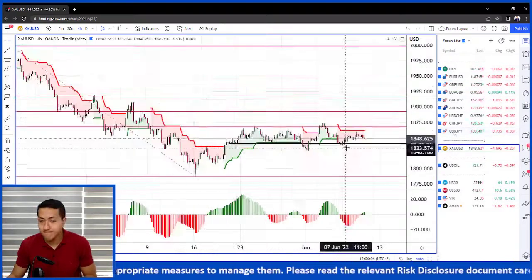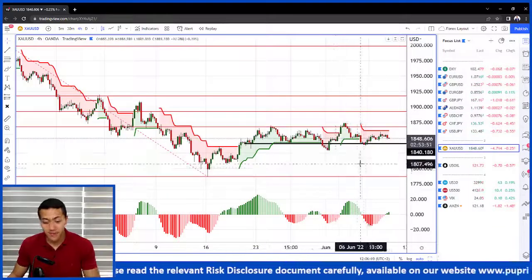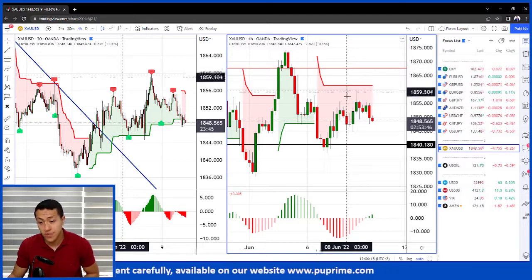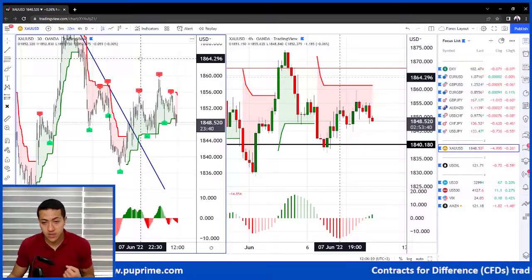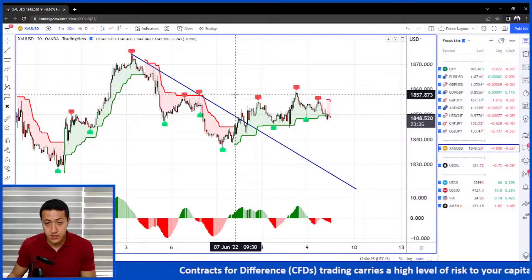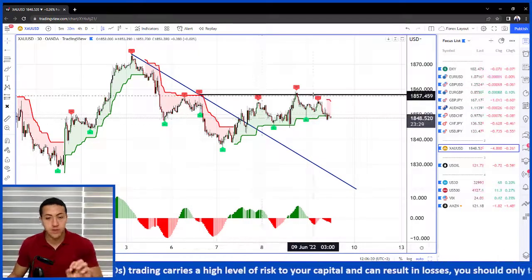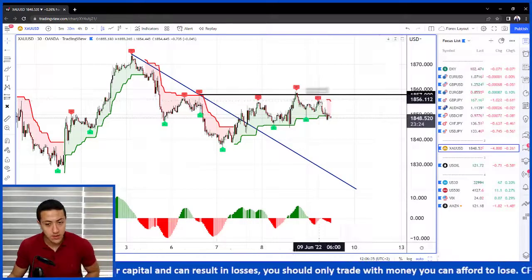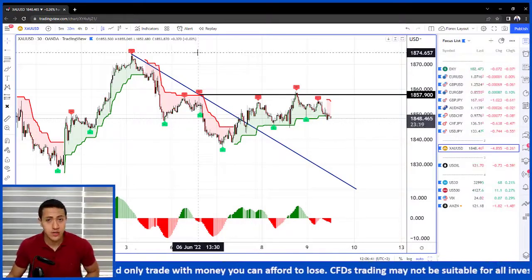Having a look at gold trading, it's pretty much doing nothing still. We mentioned in yesterday's video that we would have our target set around 1858 roughly. We did reach our target. However, we are still trading in this sideways range on the 30 minute time frame. The key level to watch during today's trading should be this one. Look at how many times the price found resistance around the levels of 1857 and 1858 roughly. So any break above should be a long entry position to the levels of